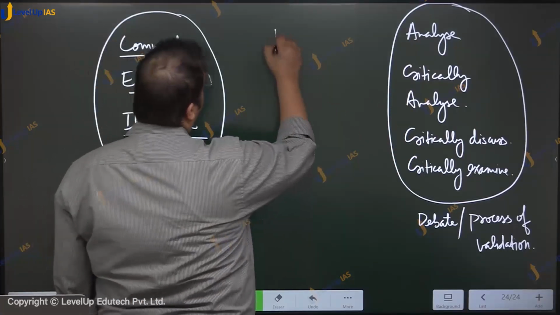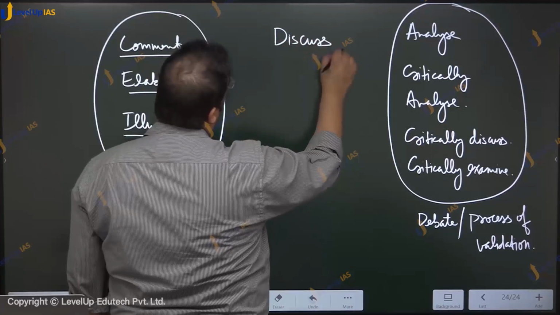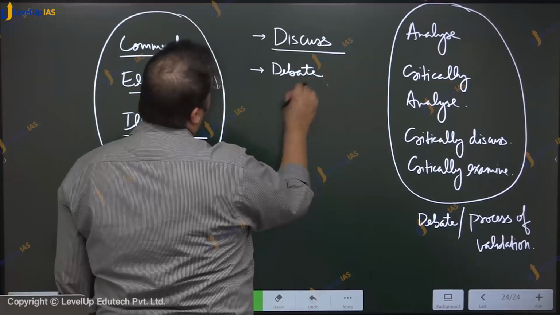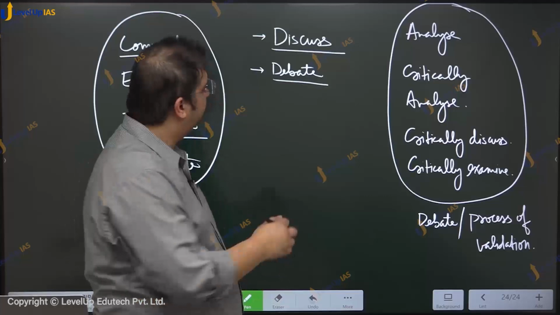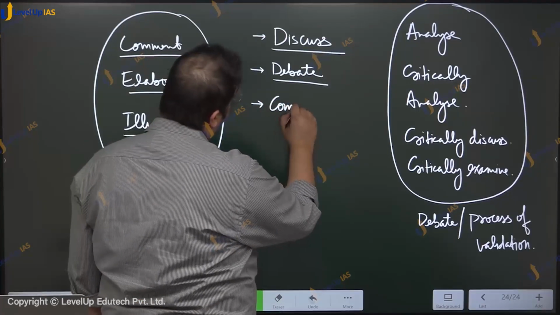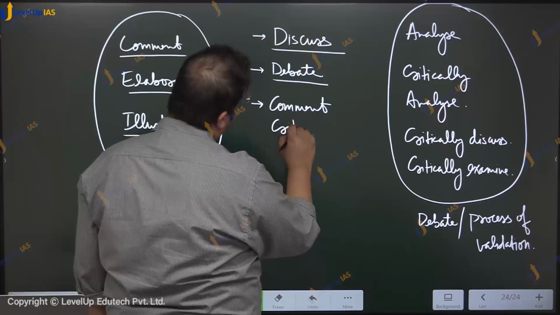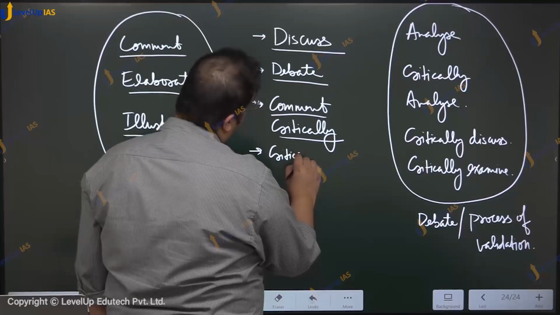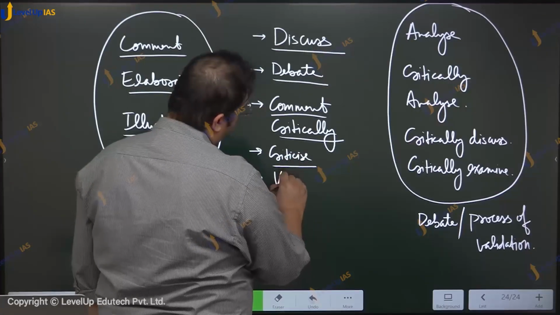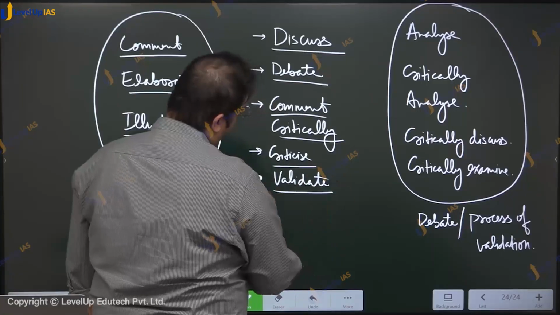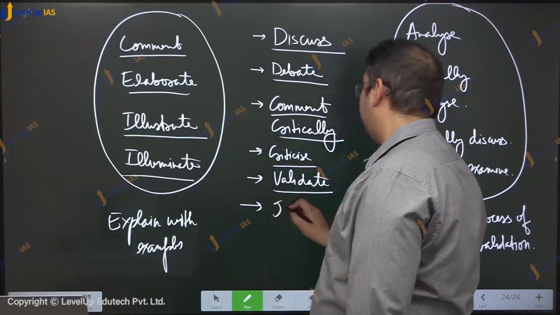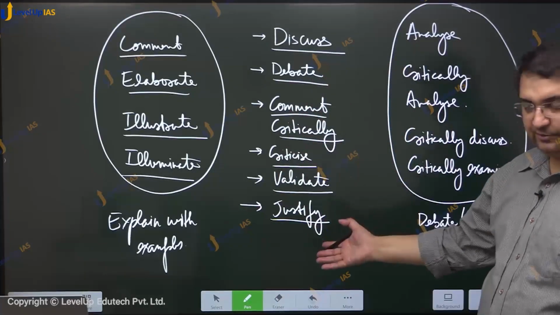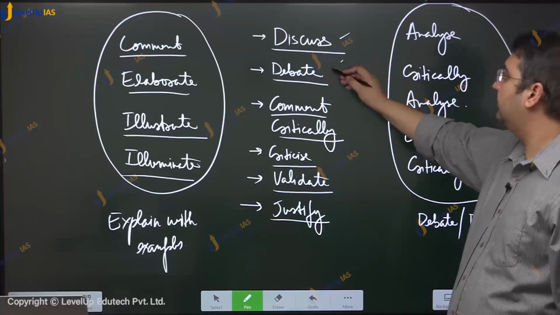फॉर एग्जाम्पल, डिस्कस हो गया, डिबेट हो गया, एंड अदर्स लाइक दिस, फॉर एग्जाम्पल कॉमेंट क्रिटिकली और क्रिटिसाइज और वैलिडेट और जस्टिफाई, ये सब हो गए। तो इसमें नेगेटिव और पॉजिटिव कॉन्टेशन भी हो सकते हैं, न्यूट्रल भी हो सकता है। डिस्कस और डिबेट करना है तो फॉर एग्जाम्पल